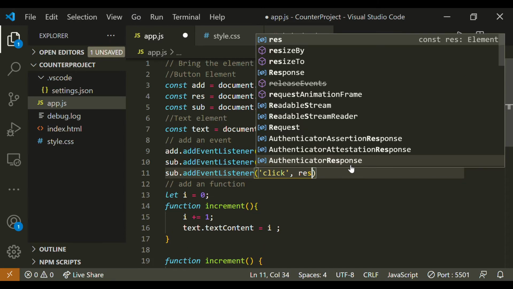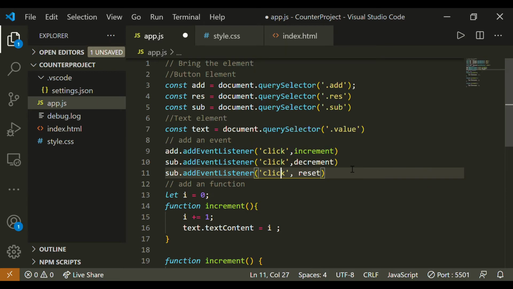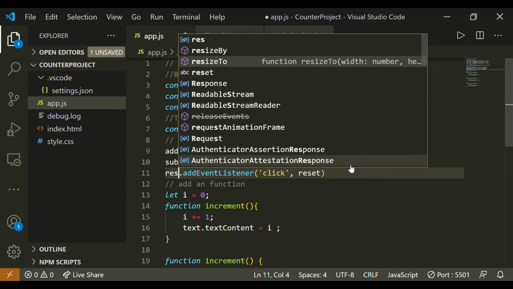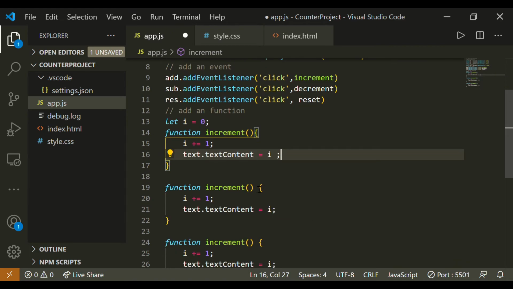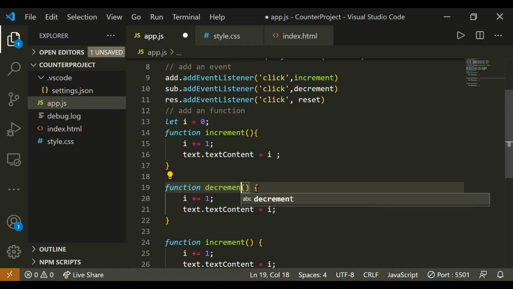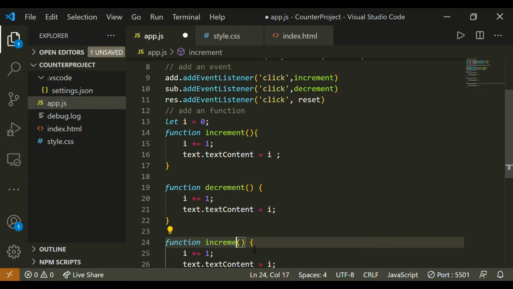It should call reset function. So now we have to change the name of our function. It is decrement, and it is reset.